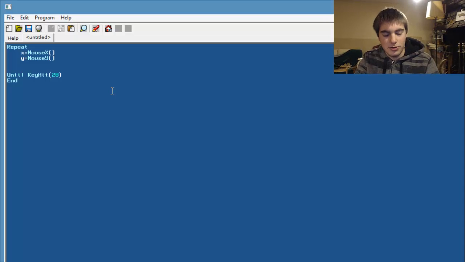Okay, this is something else I'm going to introduce you guys to. So far we've been using print all the time. Now print is good because it just prints it to the screen and it will automatically go to the next line. However, if I wanted to repeat this right now, if I said print